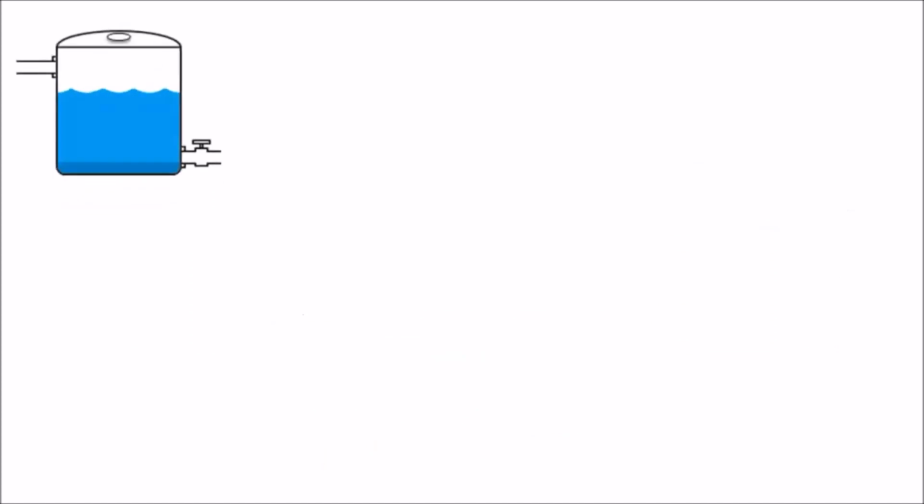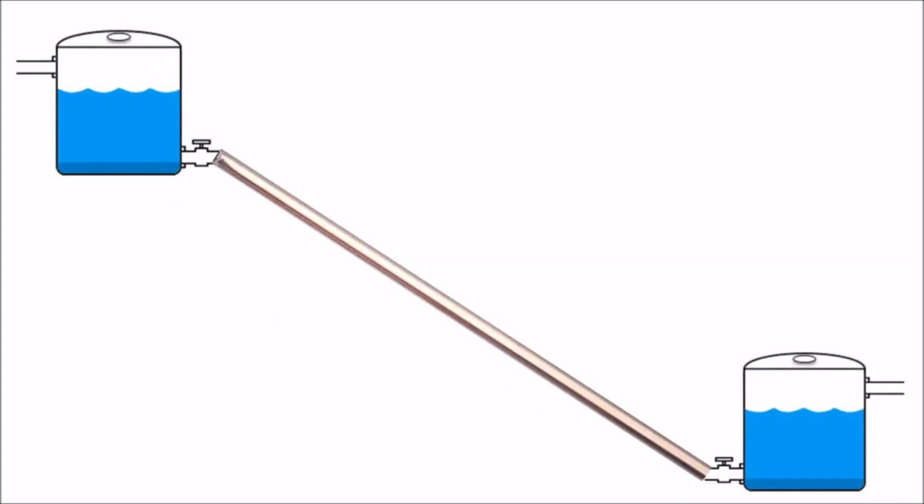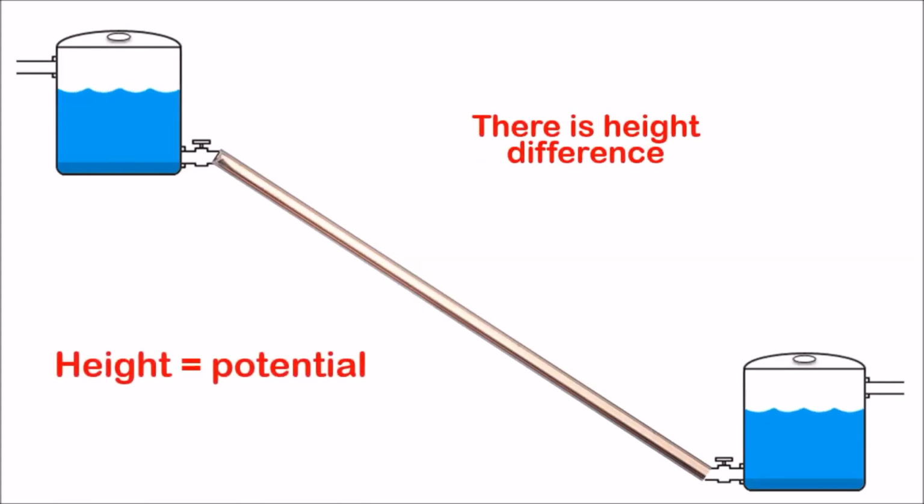And consider this example. There is one water tank up there and at the bottom we have another water tank. Now there is a connection between the two water tanks. Can you say from which direction to which direction the water flows? The correct answer is from the top side to the bottom because there is a height difference. Here height is defined as potential. Now we are in the chapter Electricity. Whenever you see the word potential, try to refer to it as strength. So potential is nothing but strength.